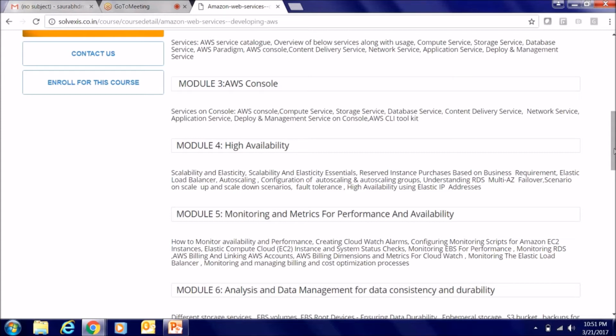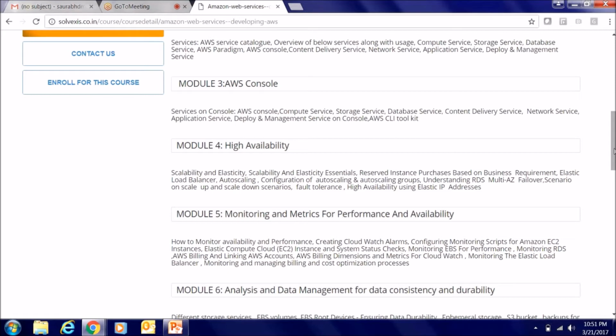In module 5, we will go for monitoring and metrics, performance and availability. How do you monitor various services running on AWS infrastructure? You will have various servers running, various databases running. How do you manage and how do you know when something goes wrong? So we will go through Amazon CloudWatch. How does it work? How do we create various metrics? What are the different metrics available in AWS CloudWatch, which are inbuilt, and how to create custom metrics, how to create alarms, how to get notified when something goes wrong. All of that comes under module 5, where we'll see how those things go.